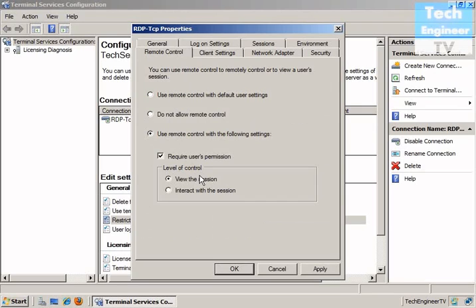Now remote control, by the name you can understand that it's like a remote assistance that you can access the client. You can access the terminal server's client from your computer, from your server only. So for example, being an administrator, you want to see the behavior of a particular terminal server client, a particular terminal server user. For example, lots of complaints came that a particular remote user is actually